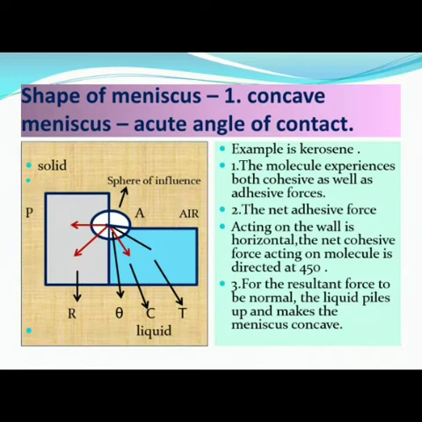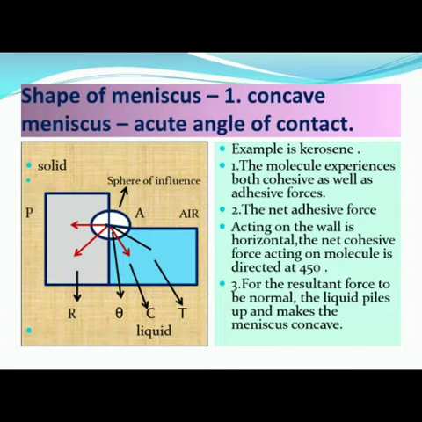Here we have seen in part 2 the shape of the meniscus, whether the angle of contact formed was concave or convex. Let us cite an example in detail now. We will go with the example of a liquid, kerosene. As you see in the diagram, students, the solid in contact with the liquid makes an angle theta, and the three letters P, R and C show the adhesive force which is acting on the solid, the cohesive force which is acting in the liquid, and the resultant force which is acting because of the adhesive and the cohesive forces.